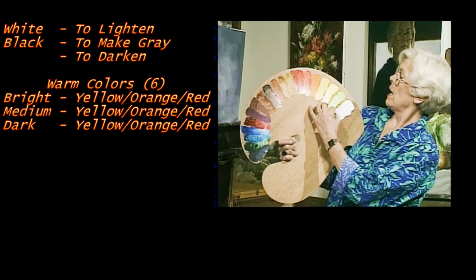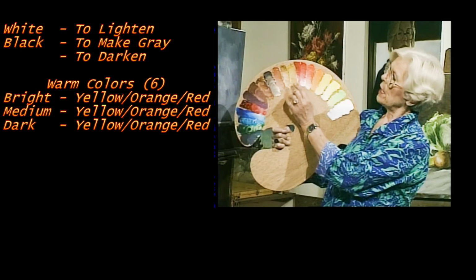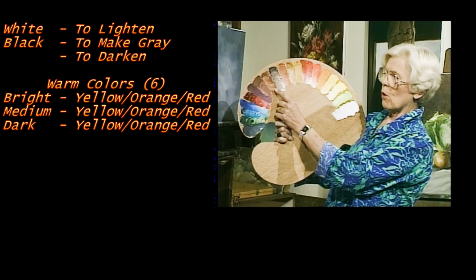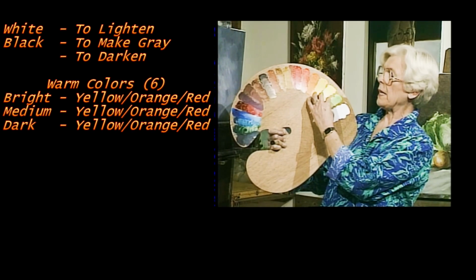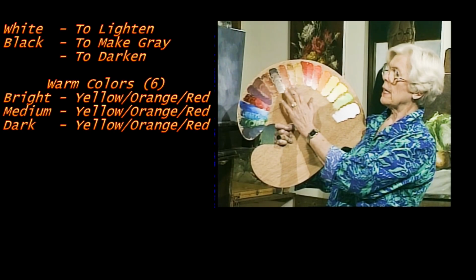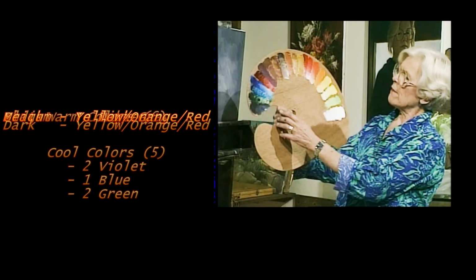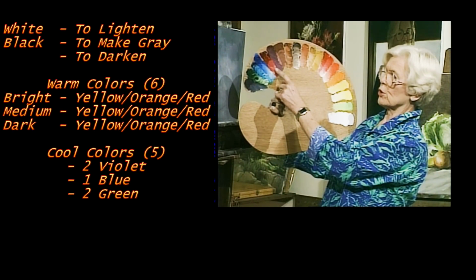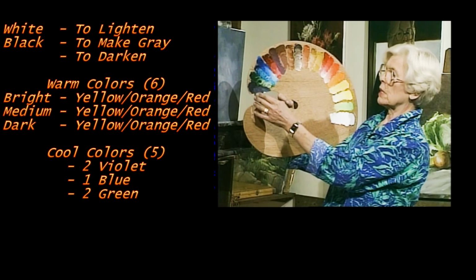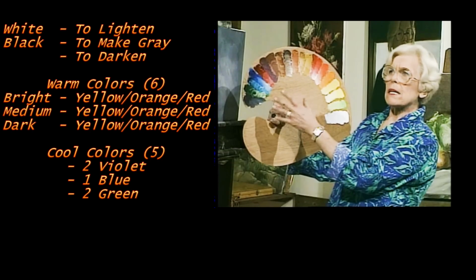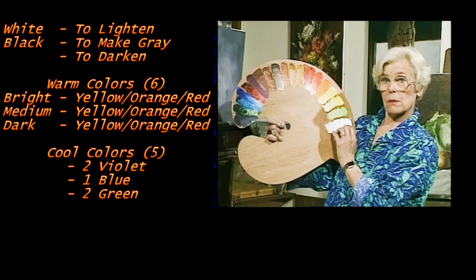So I have yellow, orange, and red grouped here in a bright version, yellow, orange, and red again, and yellow, orange, and red again. They vary because these are light and bright, these are duller and darker, and these are darker yet and duller too. Then I have the cold colors: violet, 2 versions, blue, 2 versions, and green, 2 versions. I can get a tremendous variation of light out of these colors by mixing them with white.